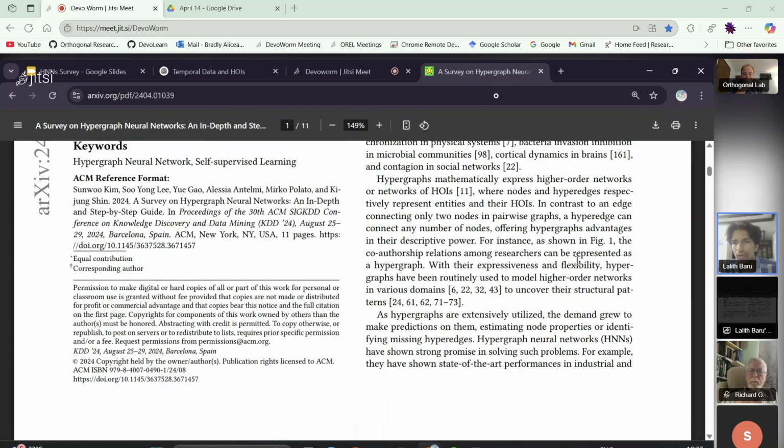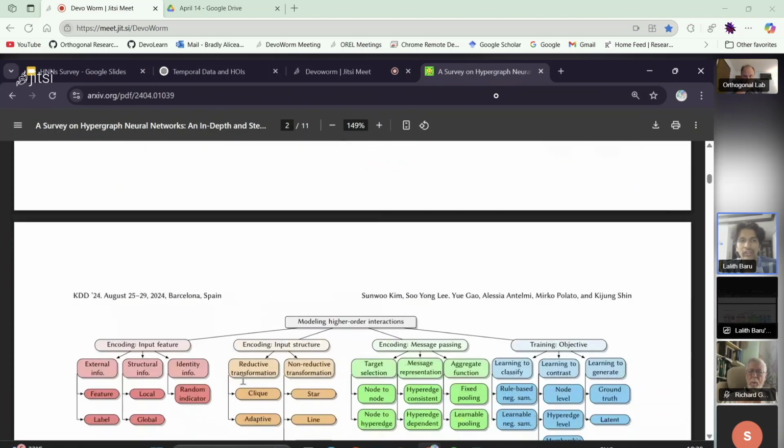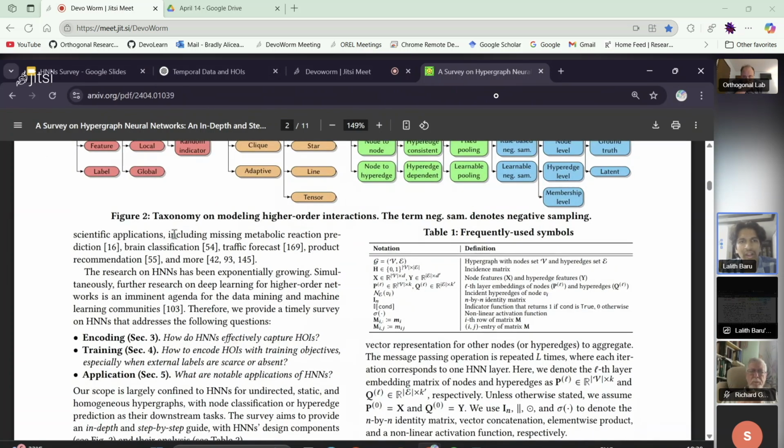Next, we'll see that hypergraphs are extensively utilized, and the demand has grown to make predictions on them, estimate hypernode properties, or identify missing hyperedges. Hypergraph neural networks have shown promise in solving such problems. For example, they have shown significant applications, including missing metabolic reactions, brain classification, traffic forecasting, product recommendation, and